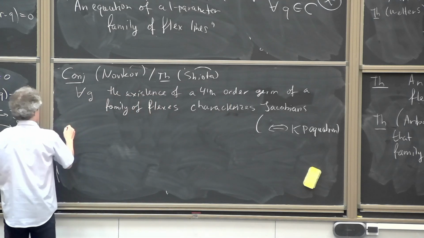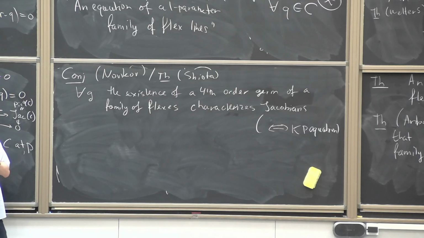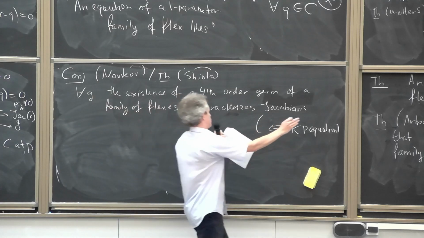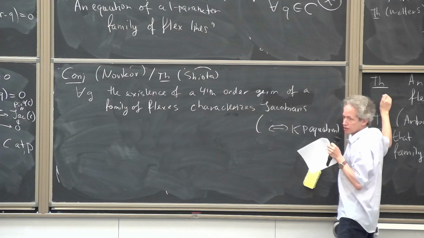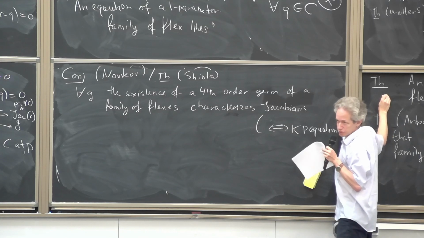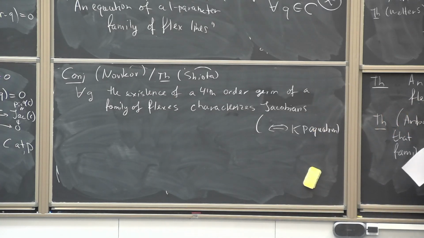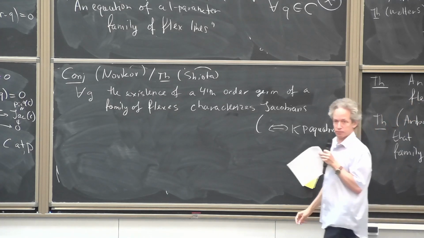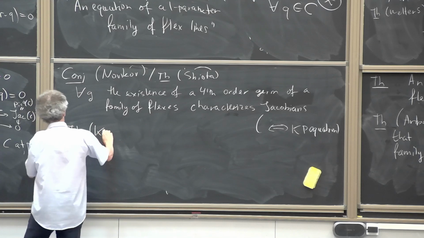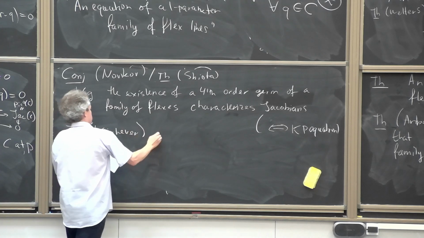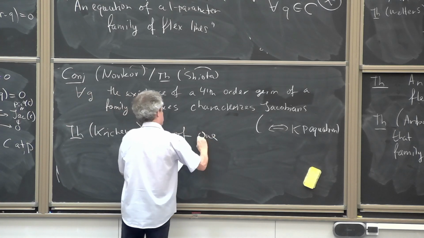And then this is the entire KP hierarchy. So this is a statement that the KP hierarchy characterizes Jacobians of curves. As far as I'm concerned, from this point of view, KP hierarchy is just a name for higher and higher order expansions of the flex line. Okay? And lastly, the conjecture due to Welters and the theorem of Krichever is that the existence of one